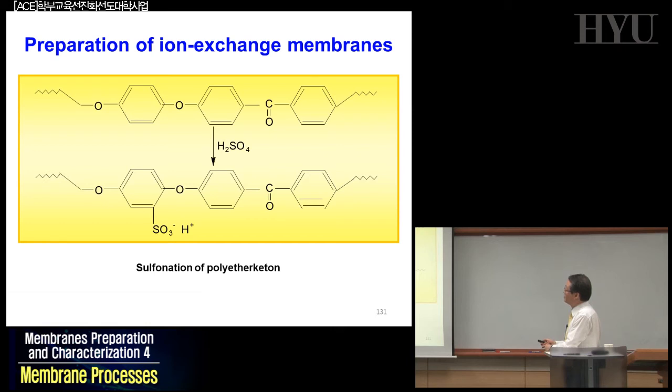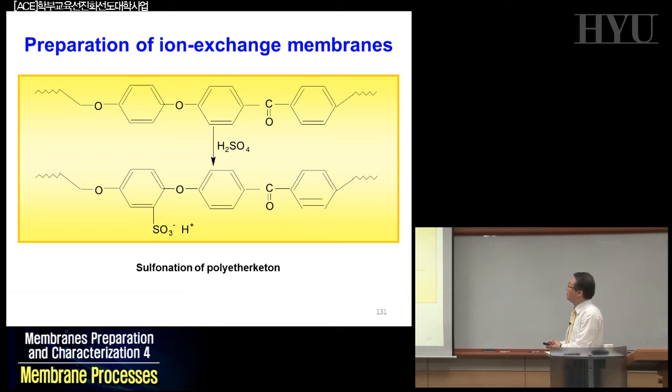Not only just the sulfonation of a polystyrene, you can make a polyether ether ketone, and then post-sulfonate to make the sulfonated polyether ether ketone. But these days, I think we can make the sulfonated monomer, so that you can come up with a sulfonated PEEK, so-called S-PEEK, sulfonated PEEK, could be manufactured in an efficient way because of the availability of your monomer